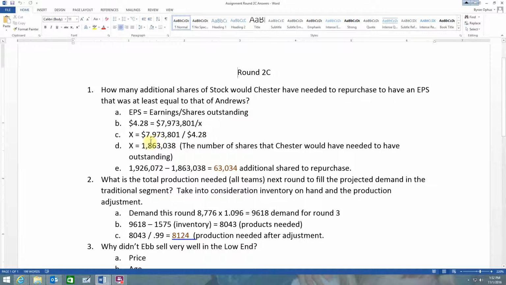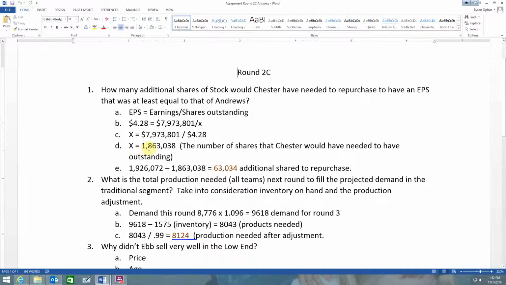So you do the magic of algebra, and I have to do it longhand. I take both sides times X, so you get 4.28X equal to that. Then I divide both sides by 4.28, because your X is on the bottom here, so that's what you do to get it to the top. So it's $7,973,801 divided by